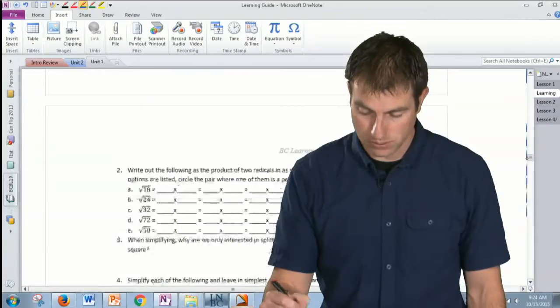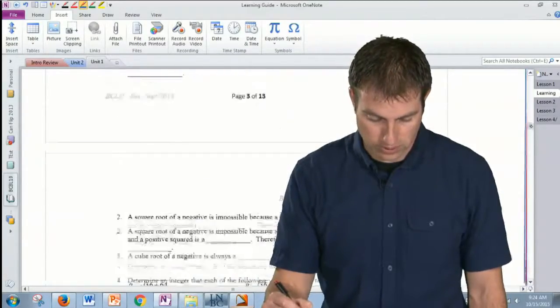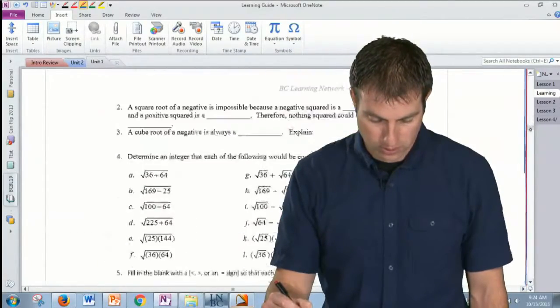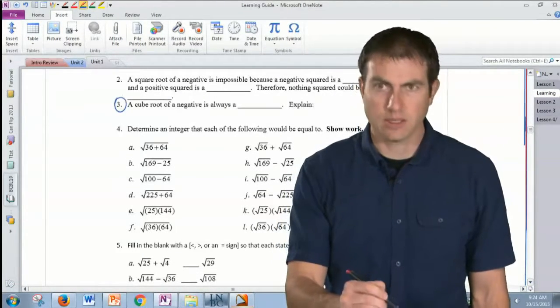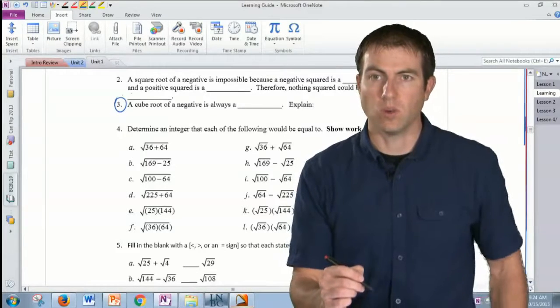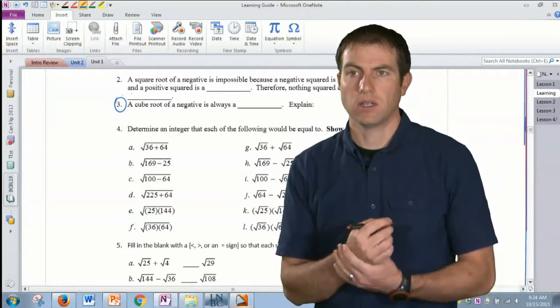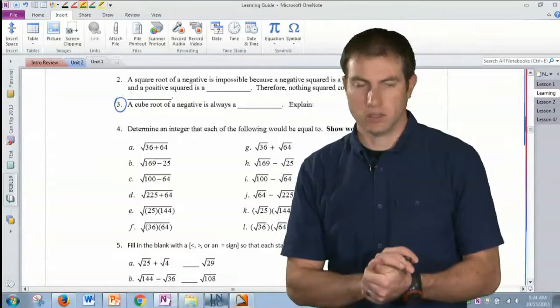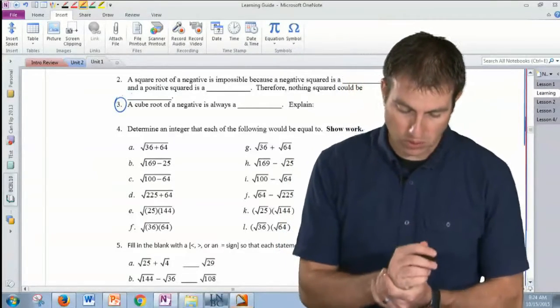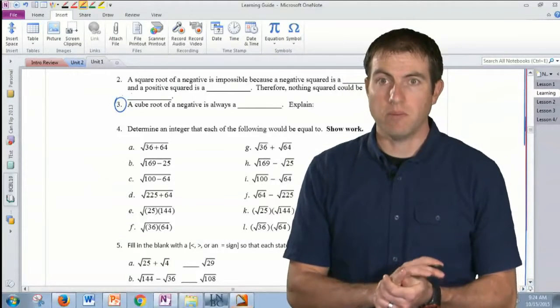Evaluating irrationals number 3. Okay, that's helpful. A cube root of a negative is always that guy? Oh, it's on the worksheet. Evaluating irrationals. Now you guys are getting me all mixed up. So cube root of a negative, maybe